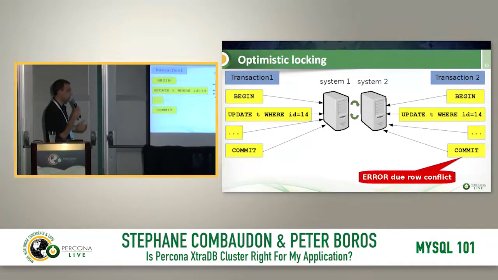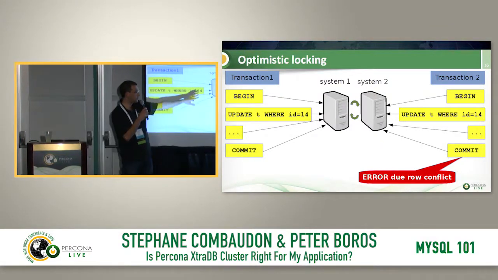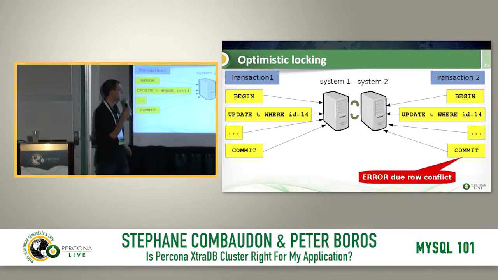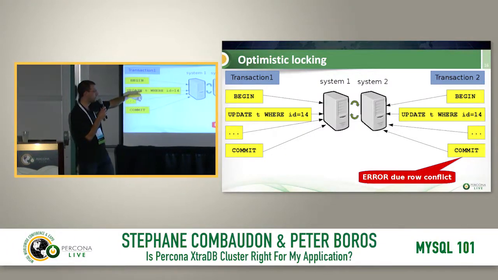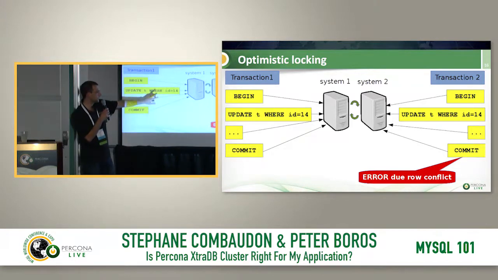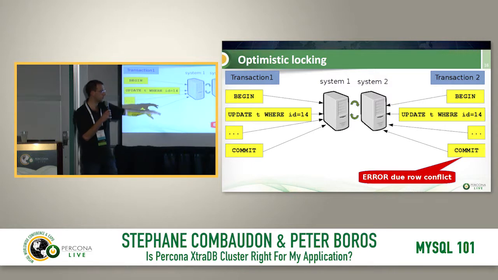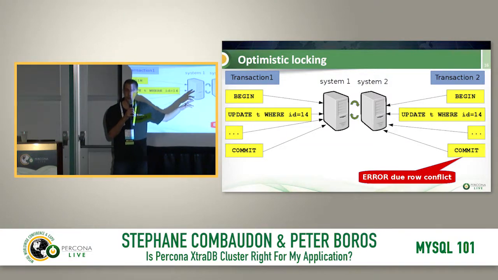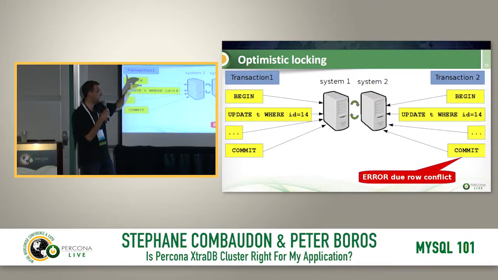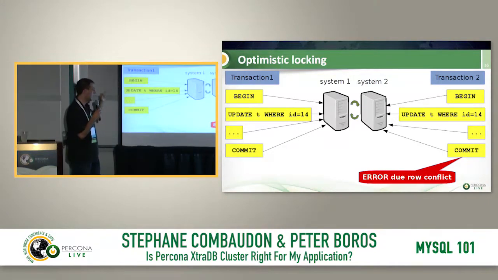Now, if you have Galera, you will have optimistic locking. So this time we have two PXC nodes. Starting a transaction on server number 1, trying to update a record. And on server number 2, I'm also starting a transaction, trying to update the same record. This time, it works. So both will update together the same record. However, at commit time,